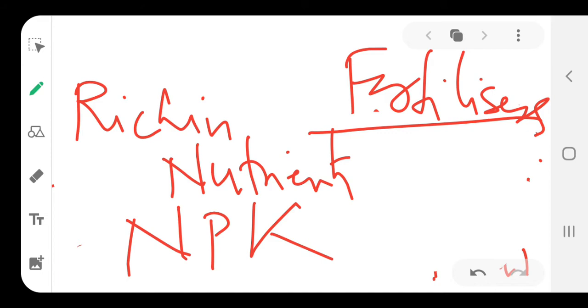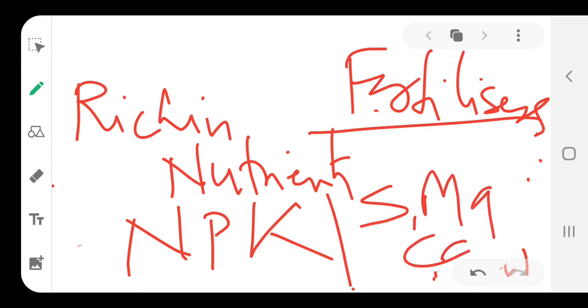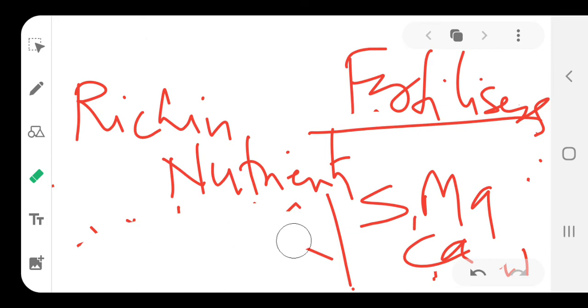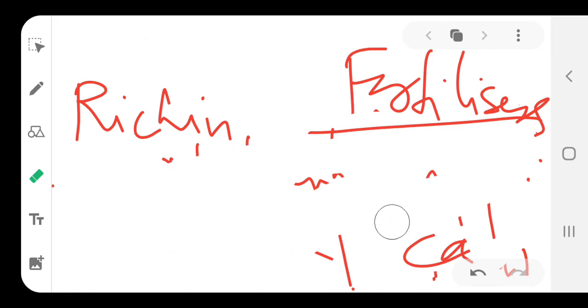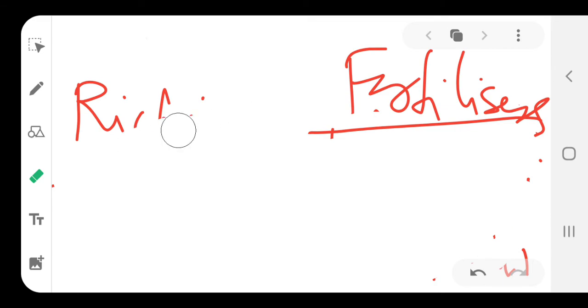So here I prefer that you write down that the plant's main nutrition requirement is NPK and the secondary requirement is sulfur, magnesium and calcium. Write them down separately. So number 1, under the main category, NPK salts, and number 2, secondary, is sulfur, magnesium and calcium. In order to fulfill all these requirements of the plant, we use fertilizers, and you should know the names of some of them. So first is urea.